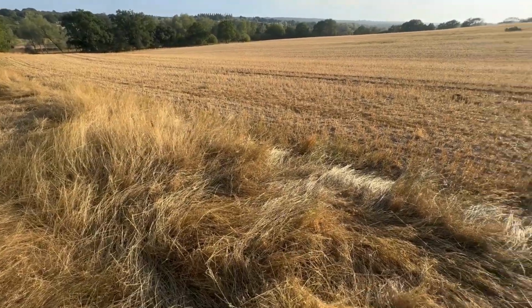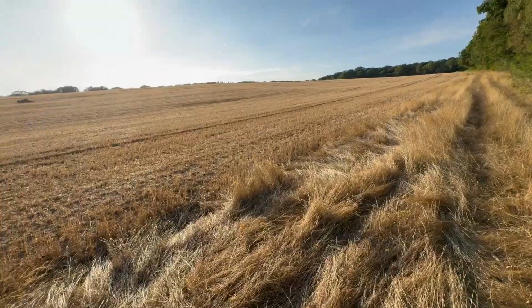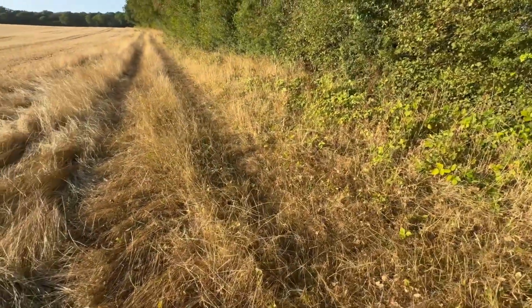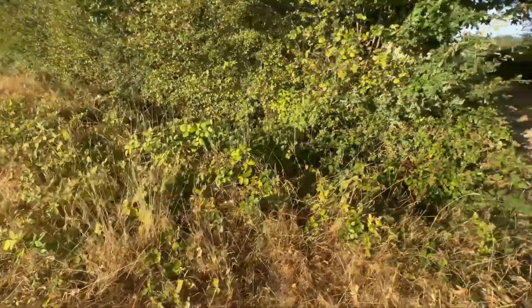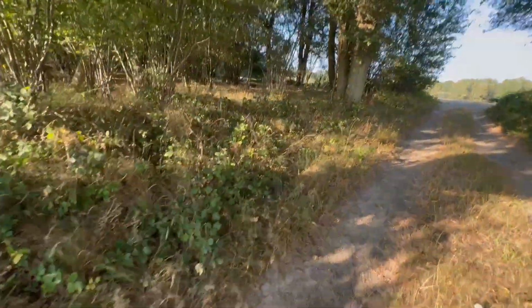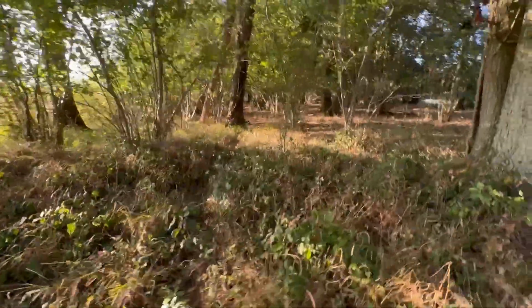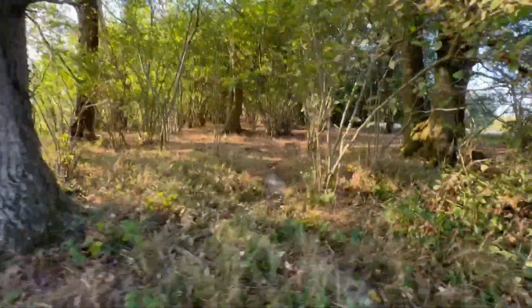Our first field then, it's a big one, at least 60 acres, and there's a footpath just here, or an old footpath I should say. It's not a public right of way today, that's the other side. We can't detect going down the hill, but this is the old track. The landowner has confirmed this, and also